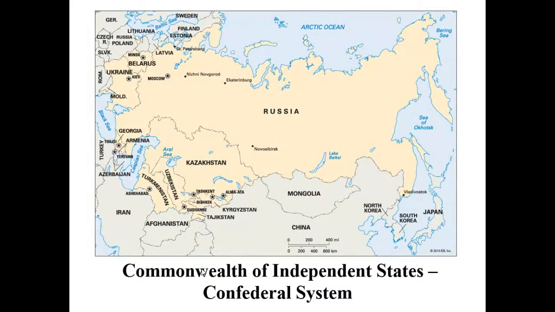When the Soviet Union collapsed in 1991, the old USSR, Union of Soviet Socialist Republics, what emerged to replace it? This thing called the Commonwealth of Independent States, which back in those days, if you were to go back and look at news accounts from the early 1990s, you would see some articles that mention the Commonwealth of Independent States, but you really don't hear about it anymore. I don't even know if it exists even on paper anymore. But even if we go back to the early 1990s, it was a little more than a paper organization.